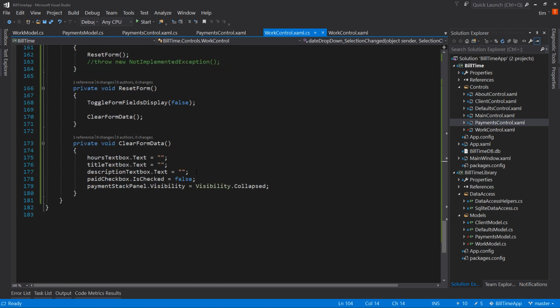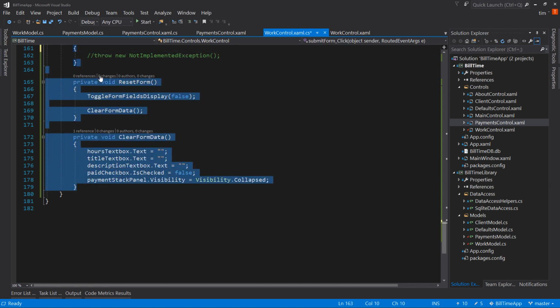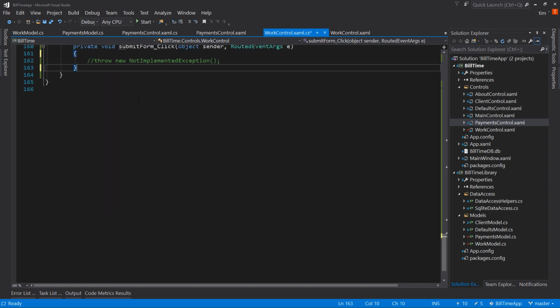Because if I clear this out, or if I reset the form at all, then I have to reload everything. And that's not really what I want to do. So let's not reset the form. No form reset, no methods, because really once you've selected something,